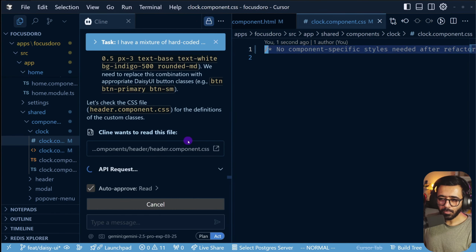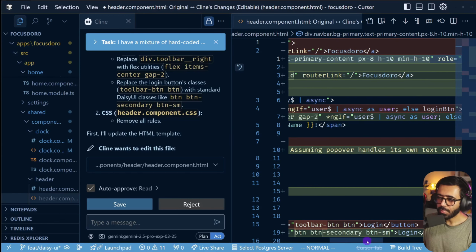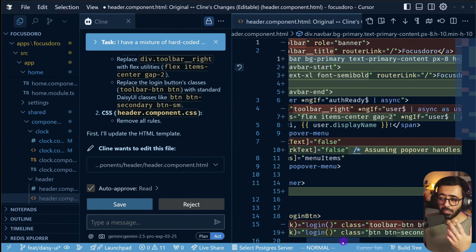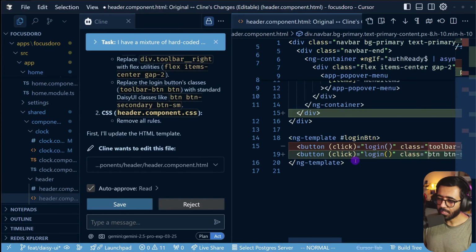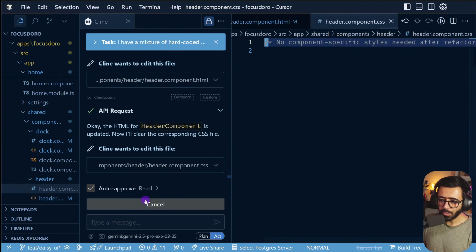I'm hoping we are almost at the end of the solution. So let's see. All right. So now we have changed the header component HTML, and here you can see that instead of toolbar or toolbar title, we actually have the nav bar, BG primary, etc. So when we change the theme of the DaisyUI, it's going to be really easy for us to just switch that, and that's actually what I want. Alrighty, let's save this. Now we've deleted the CSS from the header component as well,